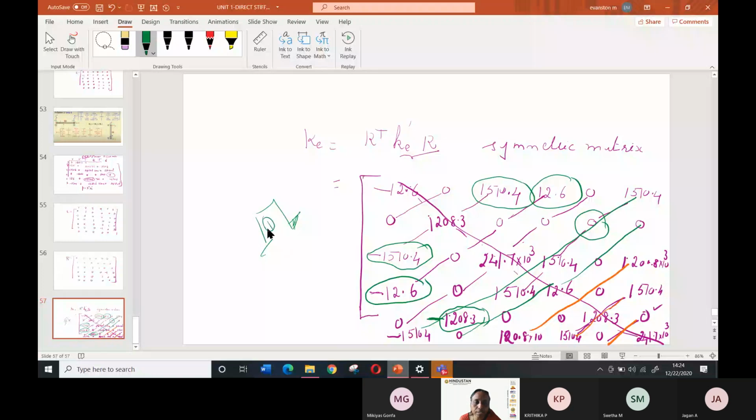Then you have to find out the rotation matrix. Suppose the member is inclined, like this, not like this. I'll ask you to find out the rotation matrix and the stiffness matrix for member number 1 in the global direction, and I'll give you the angle. Let us take it as 60 degrees. The column is an inclined column, and I'll ask you to find out the force and stiffness. So that's one part of the 10 marks question.